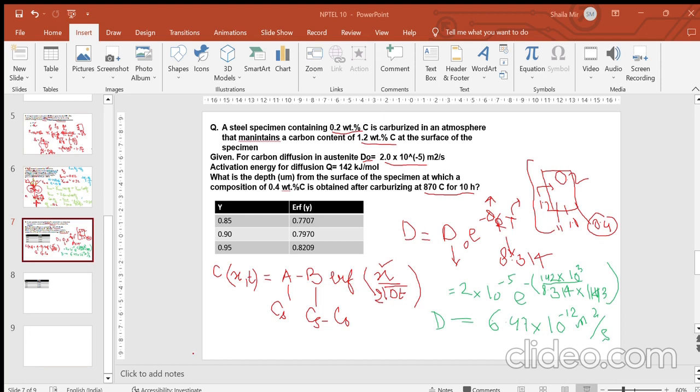First I'll solve what is on the right hand side. That is 0.8 minus 0.7707 divided by 0.8209 minus 0.7707. So this will be something like 0.58. So I can calculate z as equal to 0.58